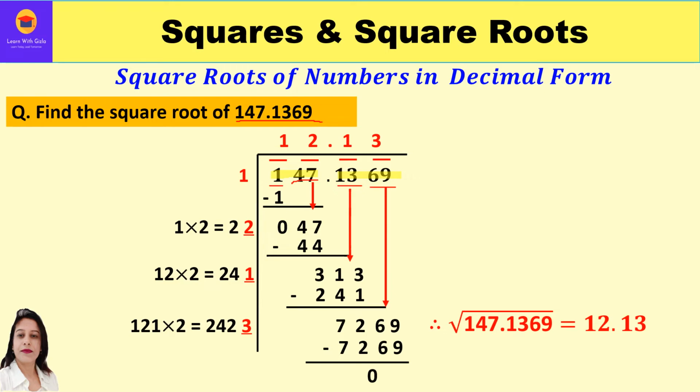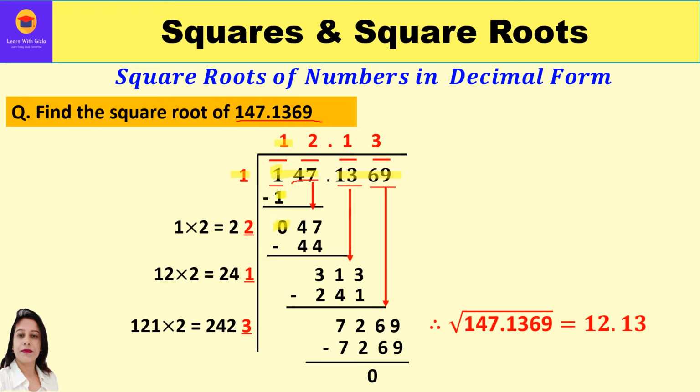After getting these pairs, I will think of a number whose square is either equal to or less than the first period, that is 1. So that number we can take as 1. 1 into 1 is 1. 1 minus 1 is 0. We cannot take 2 here because 2 into 2 is 4, which is more than 1. So let us restrict ourselves to 1. The product comes to 1, and 1 minus 1 is 0. So the first period is over. The first pair, or period, we have solved.